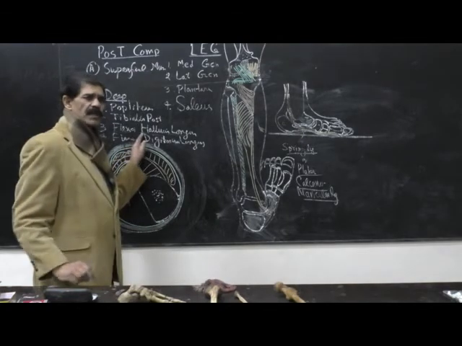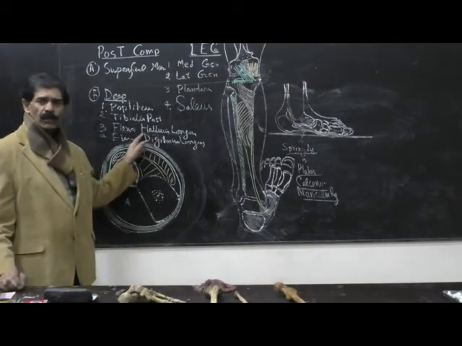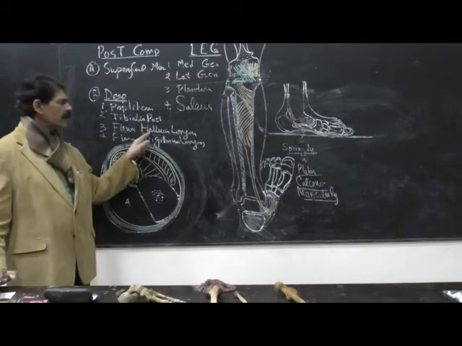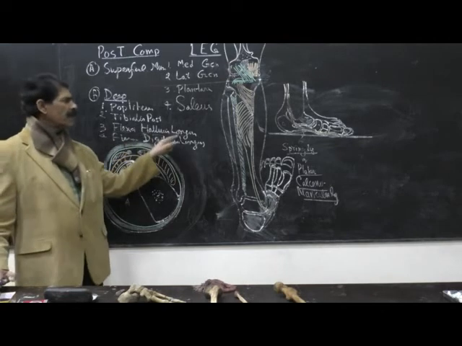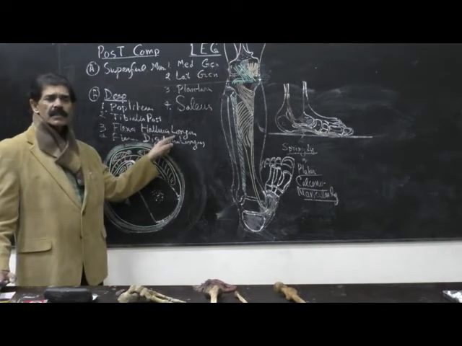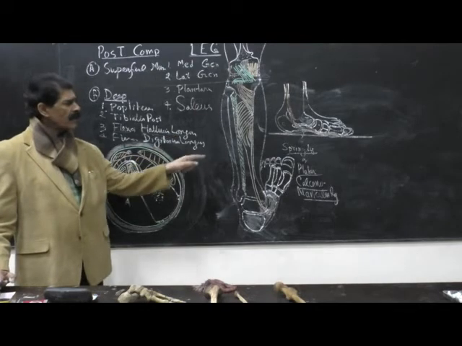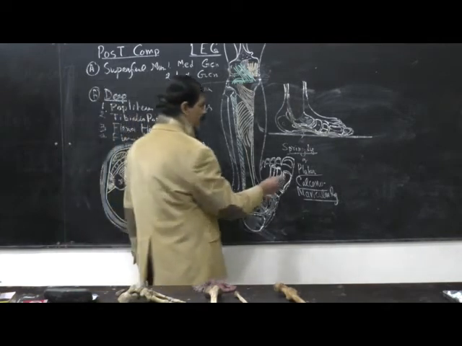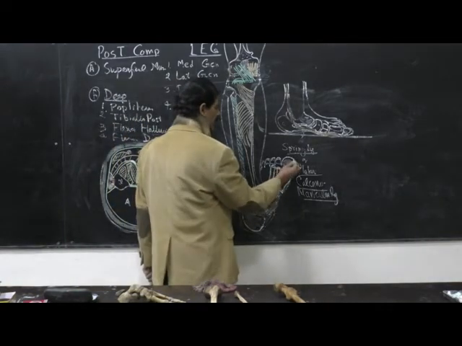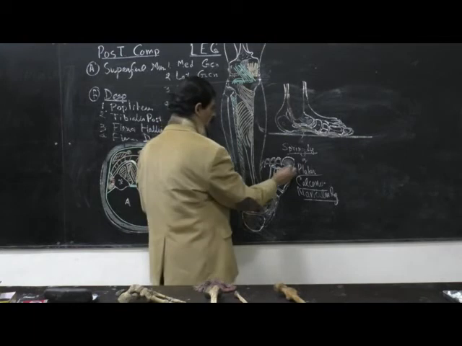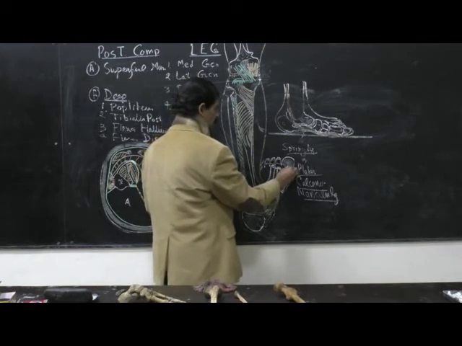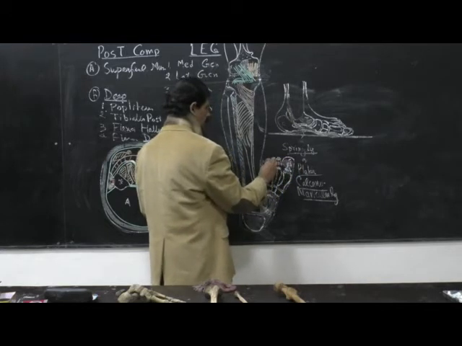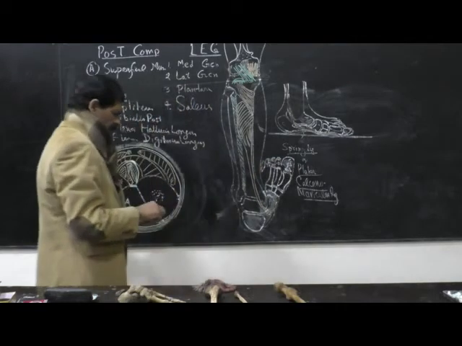And the second word is hallucis. Hallucis, we use the word for the big toe. As we were doing pollicis for the upper limb, for the thumb, for the great toe in the lower limb, we use the word hallucis. Again the word longus means the tendon is long and it will be inserted on the distal or terminal phalanx, but not on the proximal or the middle phalanx. As we know, the great toe has only 2 phalanges, one proximal, the other distal phalanx, while all the other toes have 3 phalanges, as we have seen in the anterior compartment as well.